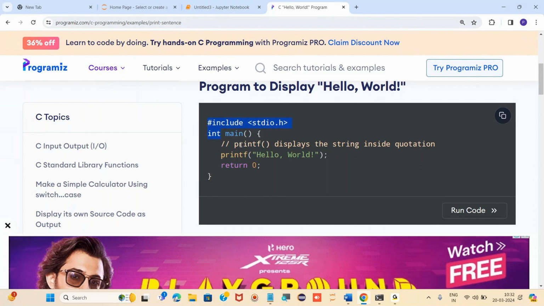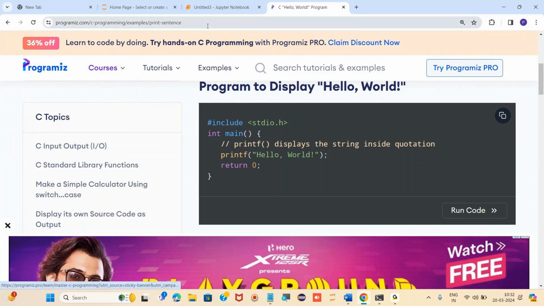Then for printing anything we have to use it like this, and also we have to return if we are using int, right? And each and every time whenever we are writing a block of code, we have to start it with curly braces and end it with end curly braces, right?